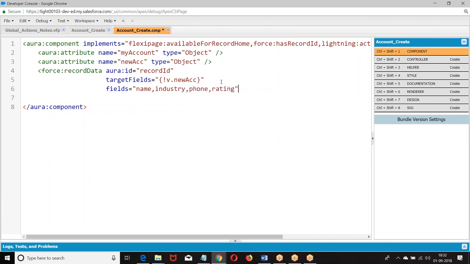Now, if I want to use the properties, we have one more concept. What is that? Instead of giving all this, I want to create a form. What is the concept we have? Record edit form, record view form. There automatically properties will be applied. Or else what are we supposed to do? Input field. I was supposed to go with the input field. Generally, that input field is used in record view form and record edit form.